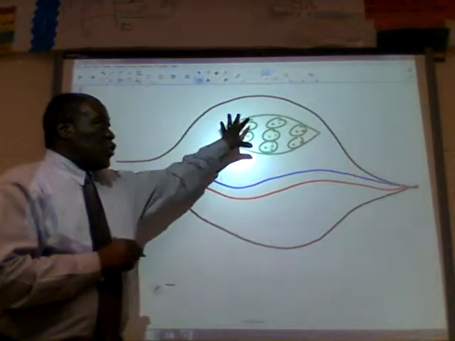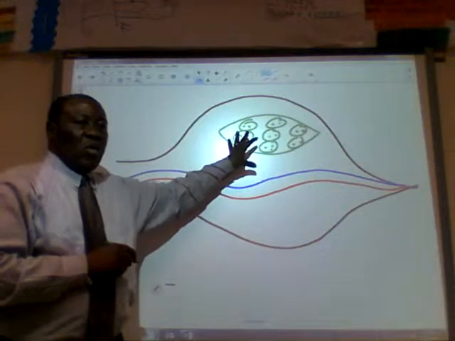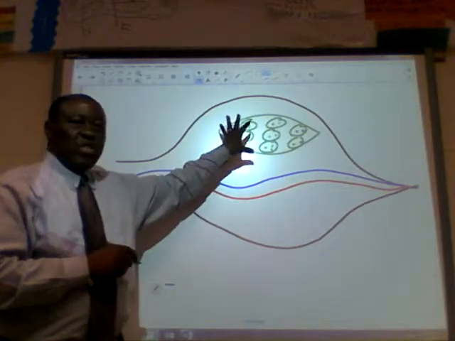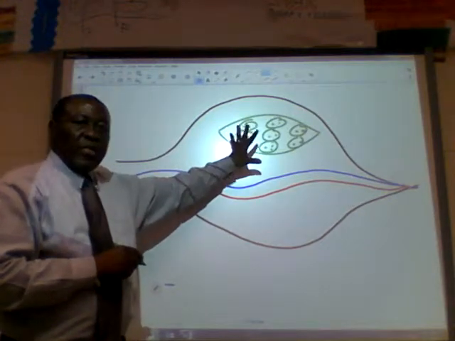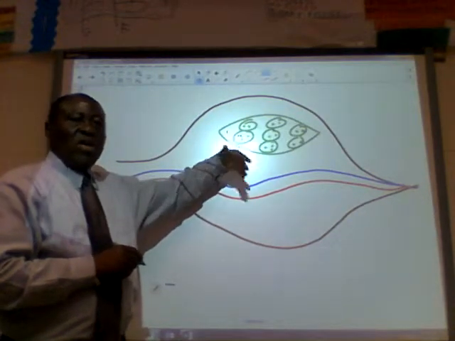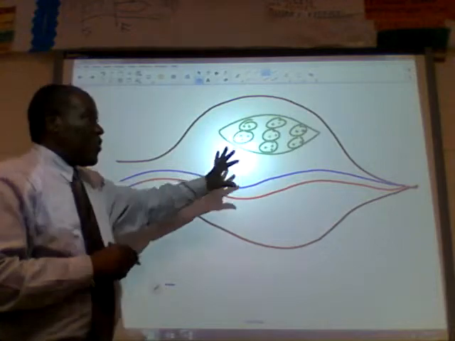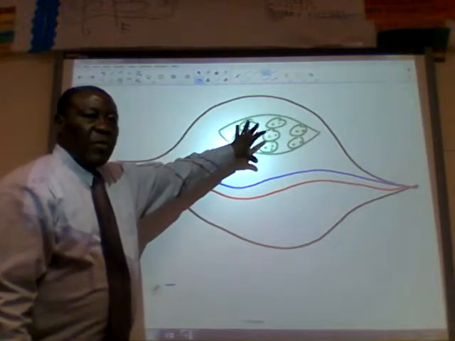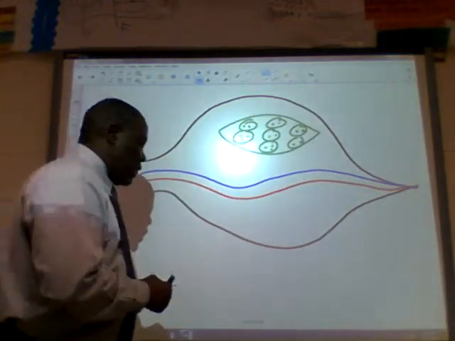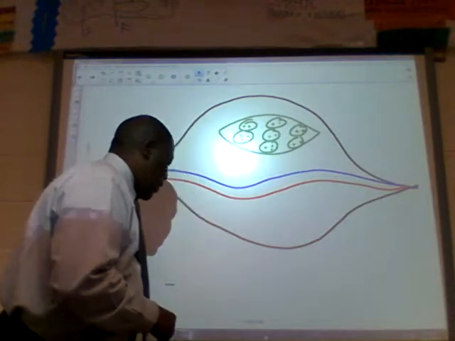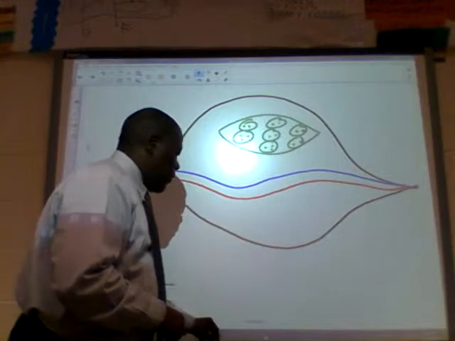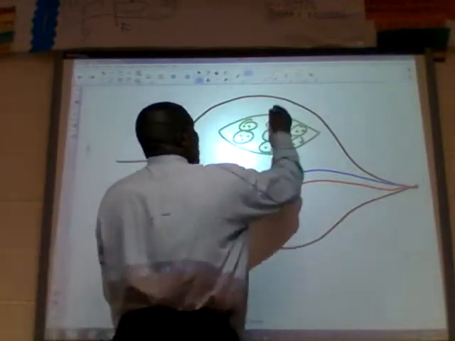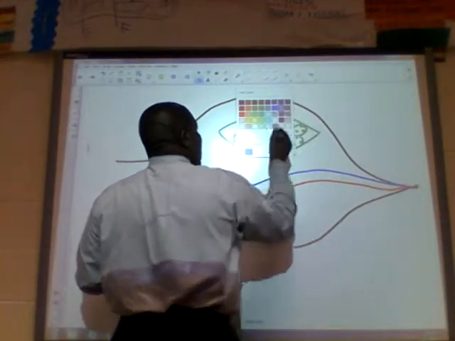Okay, so this structure right here, we're going to label later on, but let me just reference this structure as the chloroplast. The chloroplast has some other structures in there that we're going to label later on. You have the thylakoid, you have the granule, you have the chlorophyll. We're going to label that later on. But for right now, take that color pencil that you have and set it down and reach out for another different colored pencil. So what you want to do now is